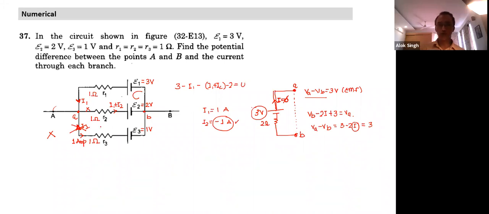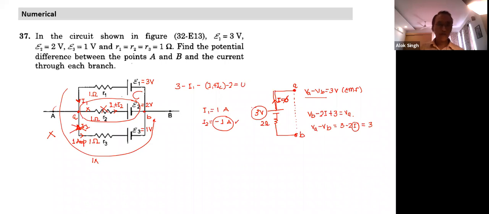Now let's come to this question. Suppose this battery was not connected earlier, and I find the potential difference. The middle battery is not connected. Can you find the current easily here? What will the current be if the battery is not connected? There's only a single loop. The current will be equal to 1 ampere. Which direction is the current flowing? How much current is flowing through? 1 ampere. Any problem with that?